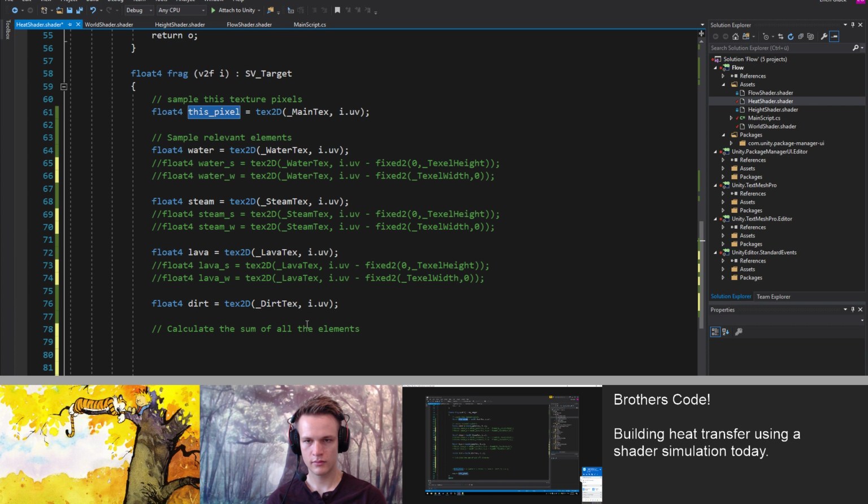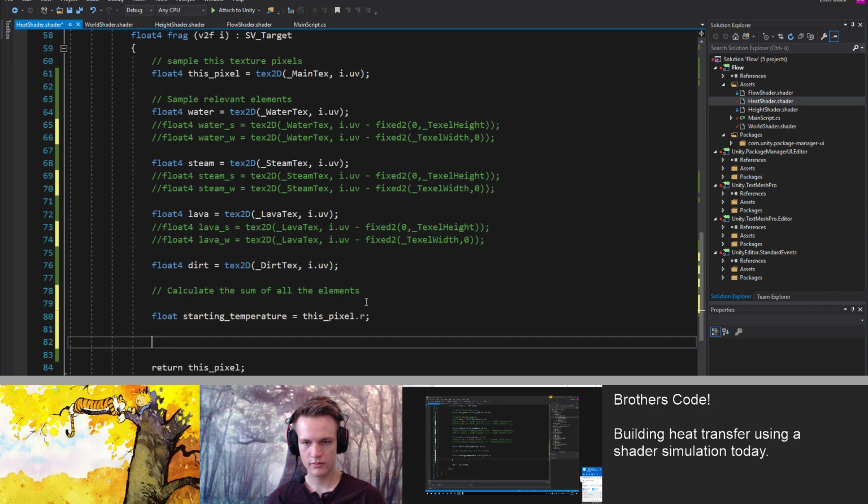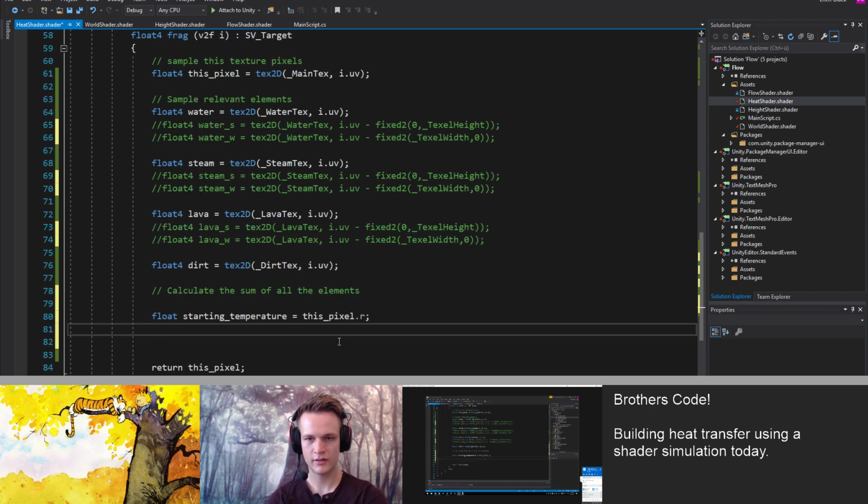So how does it work? This pixel is heat, temperature. Starting temperature. Then let's assume the heat capacity of everything right now is just one. You can use stand-in variables for it, but it'll make the beginning easier.